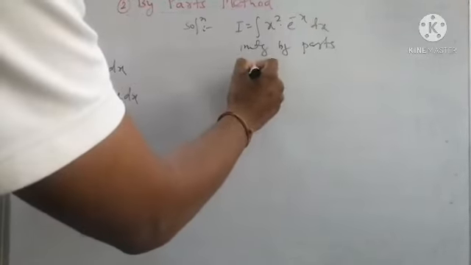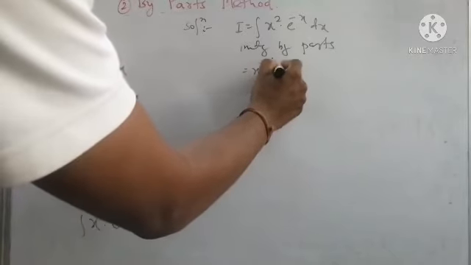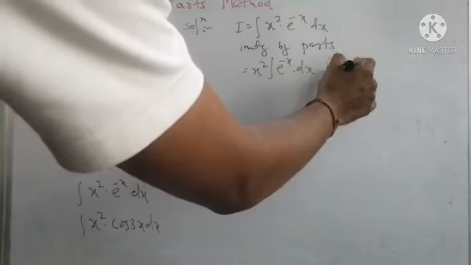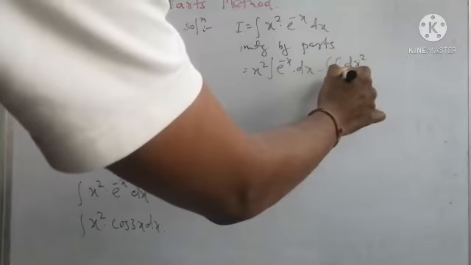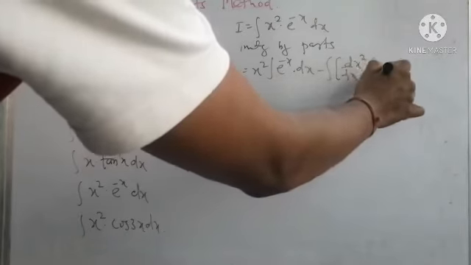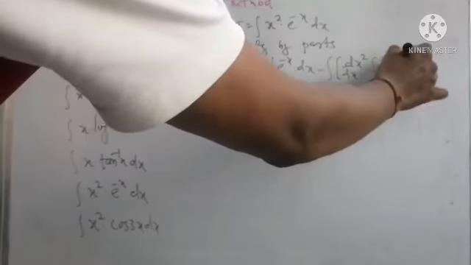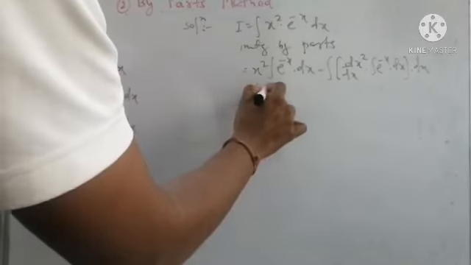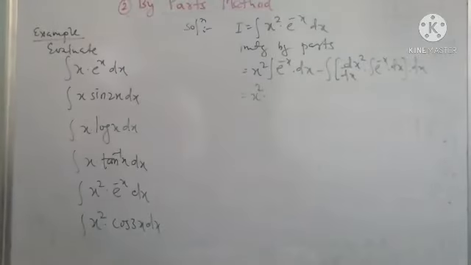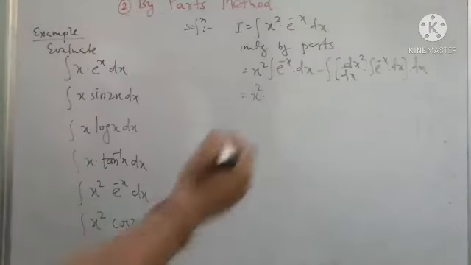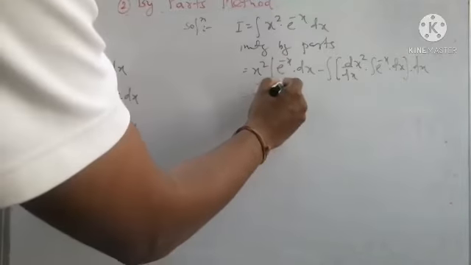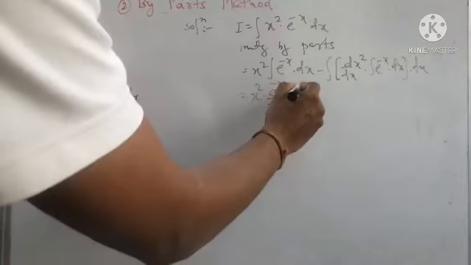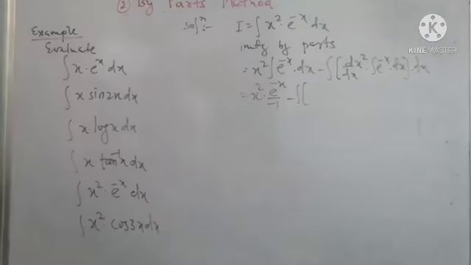Okay, so first part is x square into integration of e raised to minus x dx minus integration of bracket. In the second part we take derivative of first term x square into integration of second term e raised to minus x dx, bracket complete into dx. Now simplify: in the first part x square remains as it is, integration of e raised to minus x, as x has a coefficient minus 1, so integration of e raised to minus x will be e raised to minus x divided by the coefficient of x, minus 1,